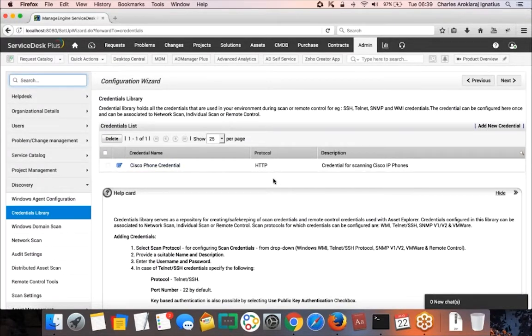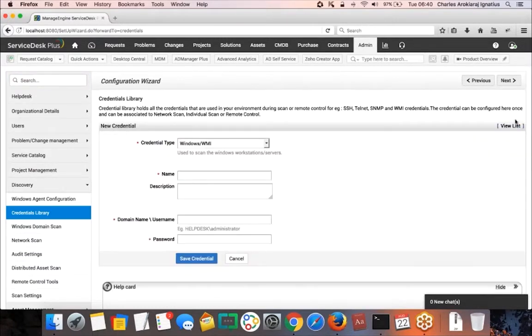I'm sure every organization is going to have a set of credentials to access the assets, to scan the assets, to inventory assets. So maybe you would have saved all that information in a password protected Excel sheet. What you can do is bring those passwords into the application, into ServiceDesk Plus. Those passwords are encrypted and saved internally. So after these credentials are added, you can use them for scanning purposes. So when you go to add new credential,